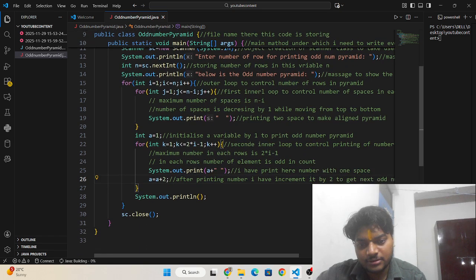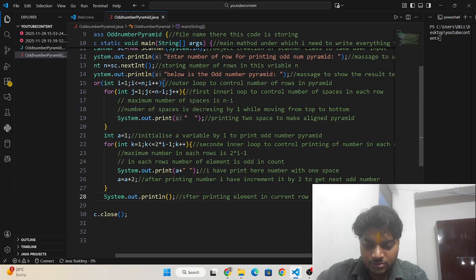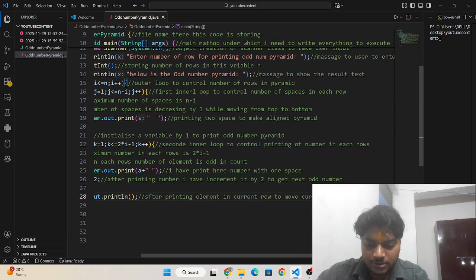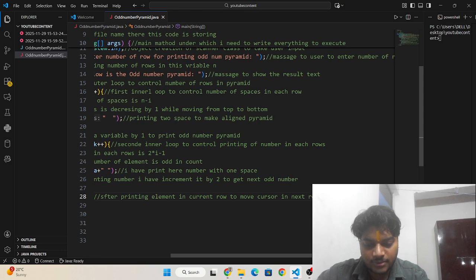And after printing the elements in the current row, to move the cursor to the next row, I have written a new line here.